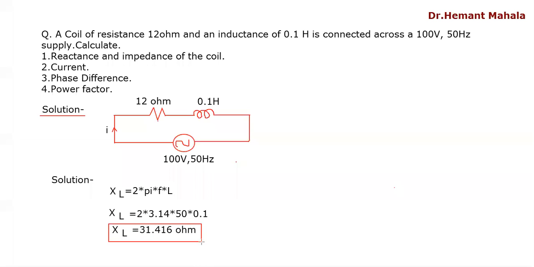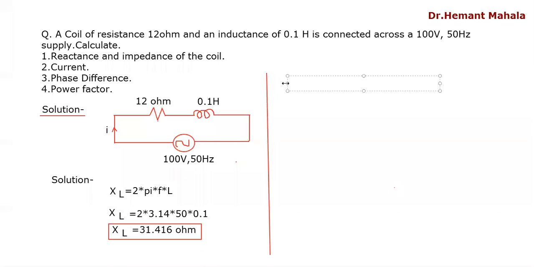It is what? Reactance. Reactance means inductive reactance. There are two types of reactances in AC circuit: inductive reactance and capacitive reactance. But in this question, only inductor is given, so it will be only inductive reactance. Now, moving ahead,